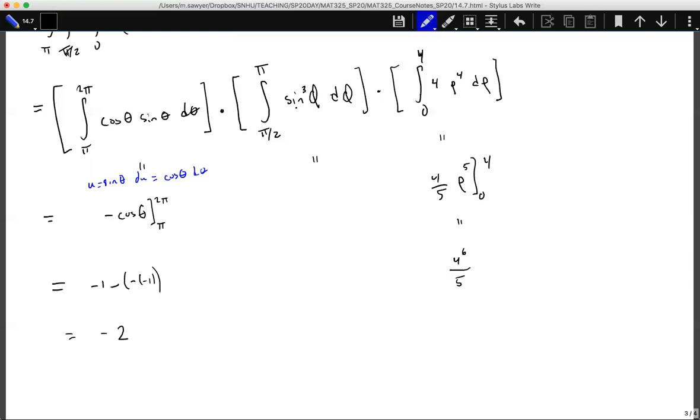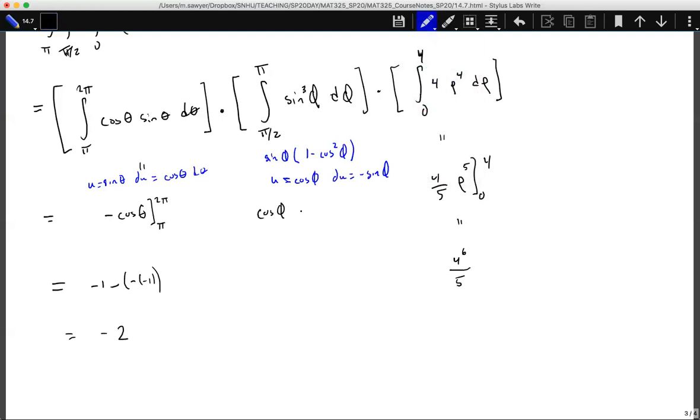And then on the inside piece here, you can make a transformation of sine of theta times 1 minus cosine squared of theta, using the property that this is sine times sine squared, and sine squared is 1 minus cosine squared. And then we can say u is equal to cosine of theta, or excuse me, cosine of phi. So du is equal to negative sine of phi. So when we do this, we get